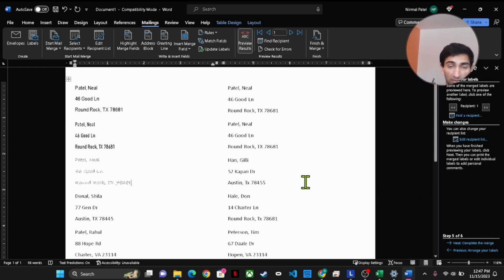Once you're done formatting and editing, if you want the same format on all of them, then go back and update on all labels. But I'm fine with it. I'm just showing you how it works. Once you're good with how the labels look, click on Next, Complete the Merge,